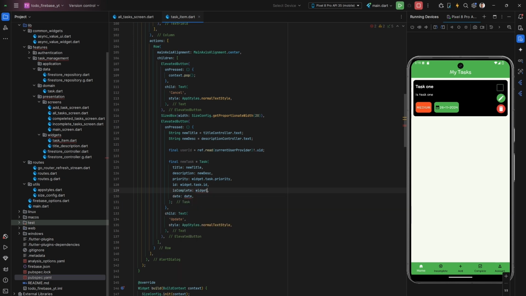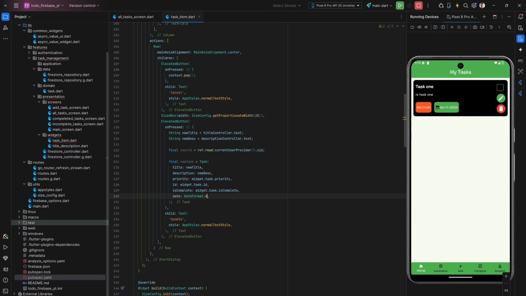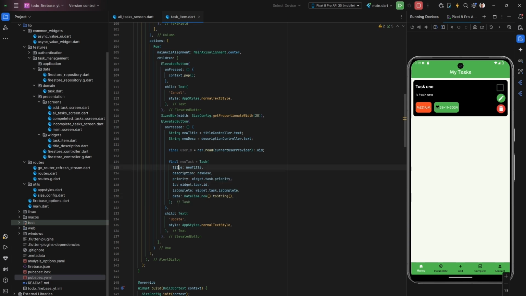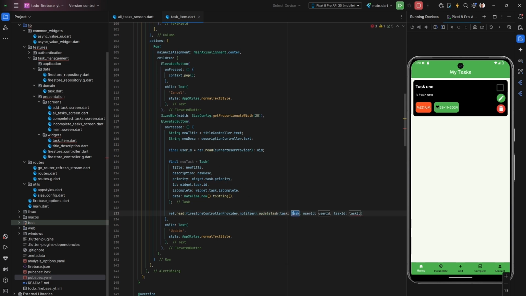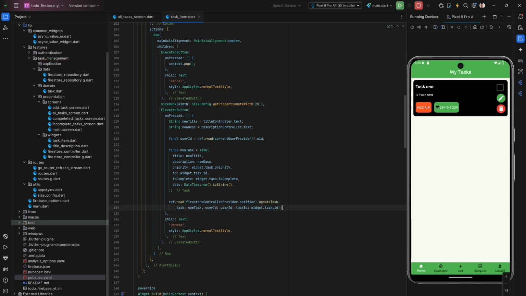So widget.task.isComplete, but the date is going to change to DateTime.now().toString(). So with that, we get a new title, a new description, the same priority, the same ID, and a new date. So finally, with that, we can now update the task. firestoreControllerProvider.notifier.updateTask. So we're updating the task with the new task, the user ID, and the task ID is widget.task.id, like that. And then once that is done, we can